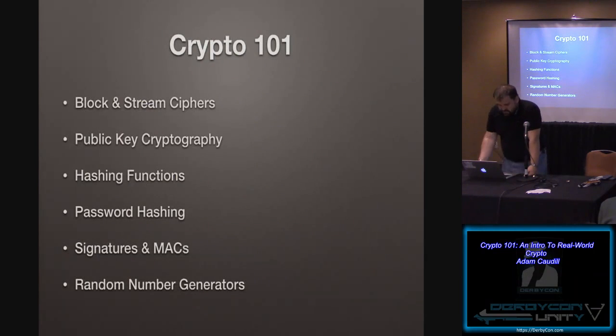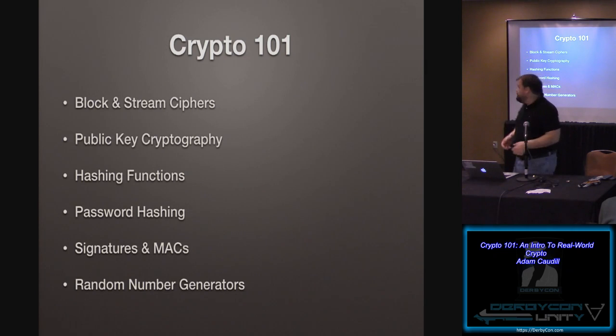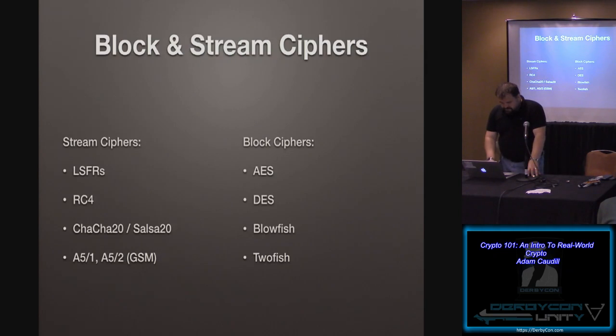This list covers all of the key topics you need to understand when discussing crypto. So hopefully, pay attention here. You'll walk away with enough understanding of this stuff to hold up your end of a conversation. So let's talk about encryption. For symmetric or secret key encryption, algorithms fall into two basic types: stream ciphers and block ciphers.